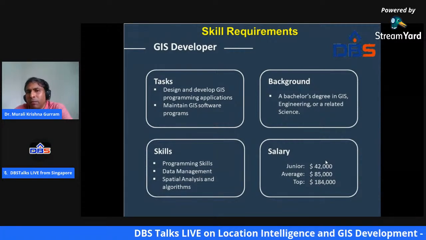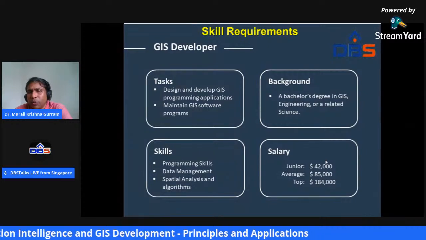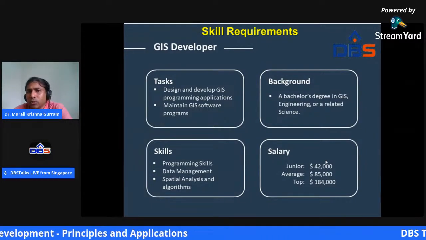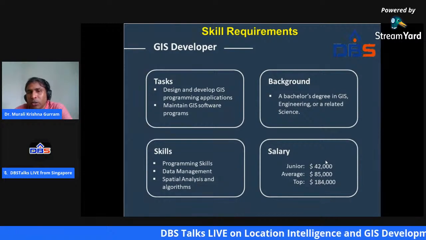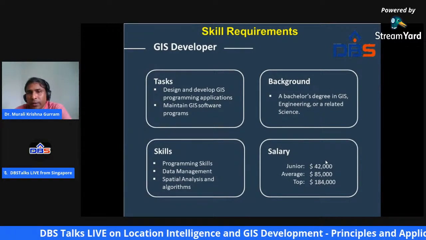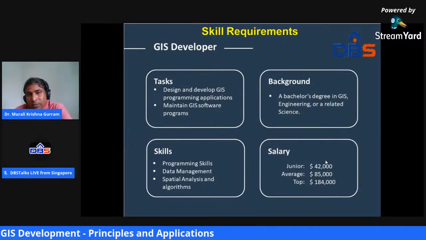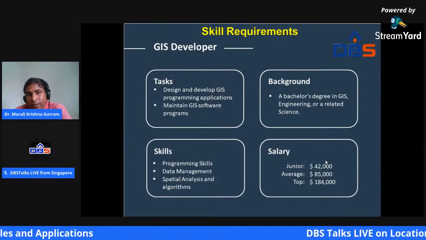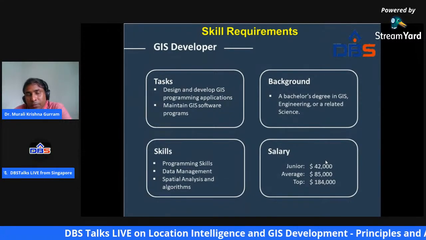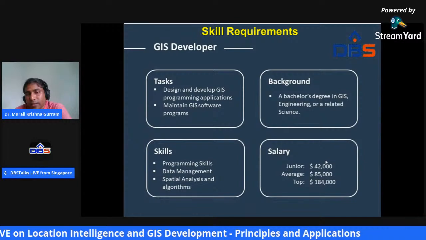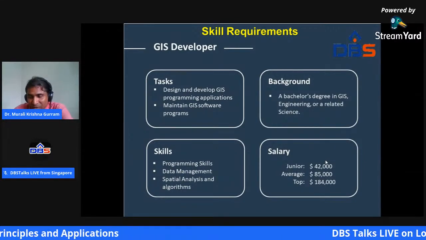So it is fine if you are from an IT and computers background, absolutely fine. But you should have some knowledge of GIS and other related sciences. And as I told you, programming skill is a must, but basic is very much required. And data management and basic knowledge of spatial analysis and algorithms. So salary levels, this is something. Okay, next please.